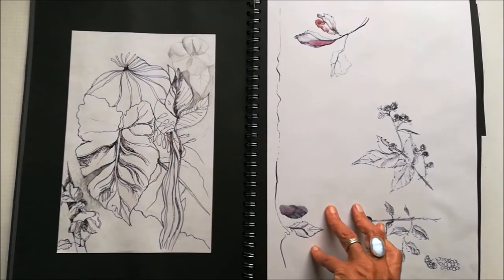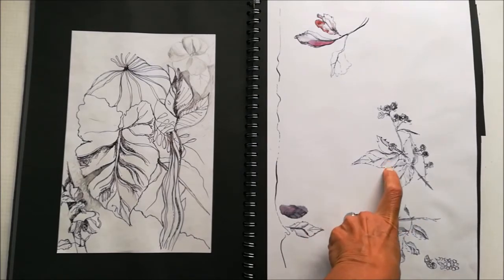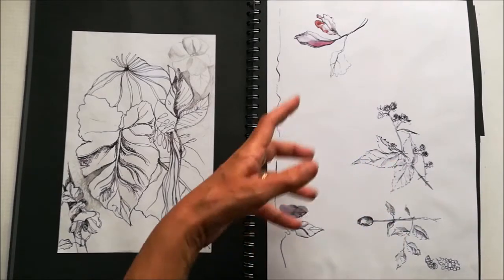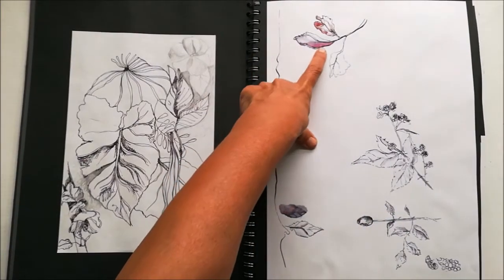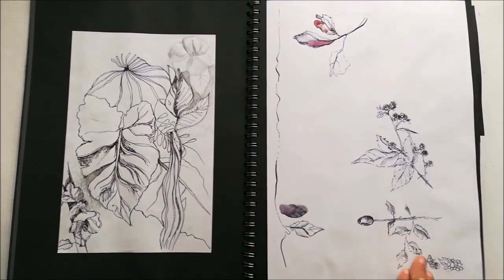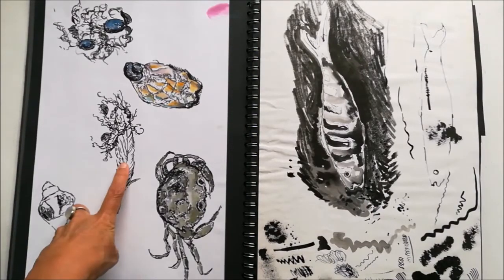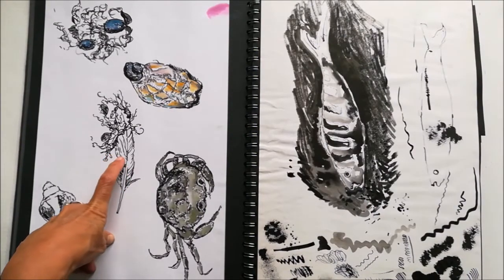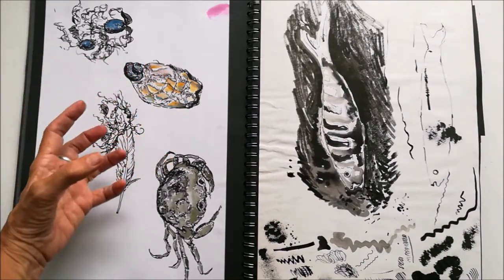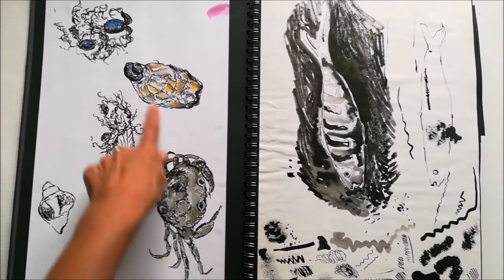This here is fine liner, like I showed you, a little bit of water here. So I've drawn it and then I've got my brush, my water. This one's slightly different in that I have added some actual watercolour to that one. Turning over, again, this is a much thicker pen, water-soluble pen. I've introduced some watercolour, much bolder mark making because I've used a thick pen with the crab and obviously the